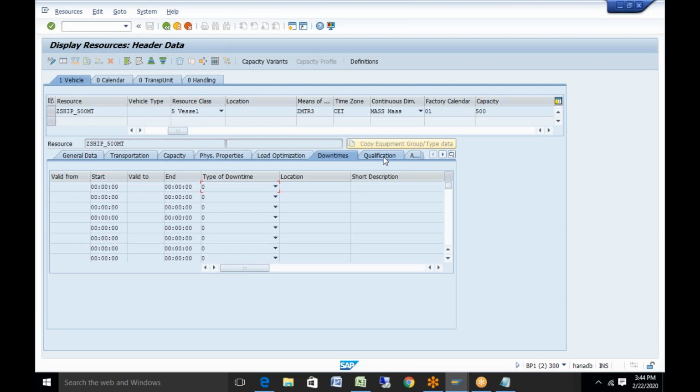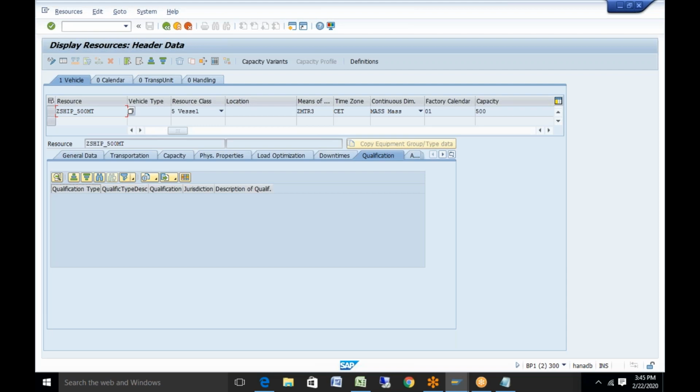Qualification. So you can choose among the qualifications from the particular configuration path. What are the qualification criteria you want to associate with the resource? So for example, this is mainly used when you are using driver as a resource. Okay. And you need to check, if the driver is used as a resource, whether the qualification is matching or not. So further, there will be a qualification type and qualification description. So you can directly create this here.